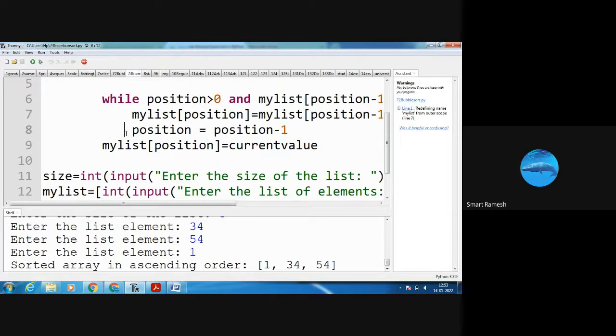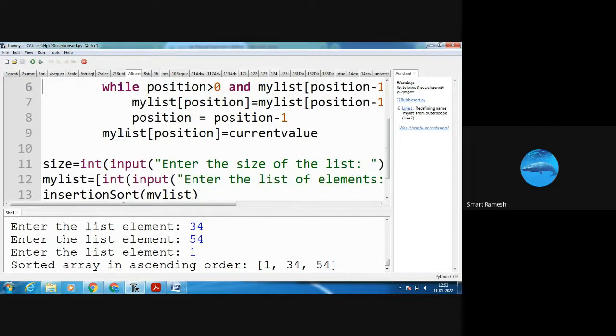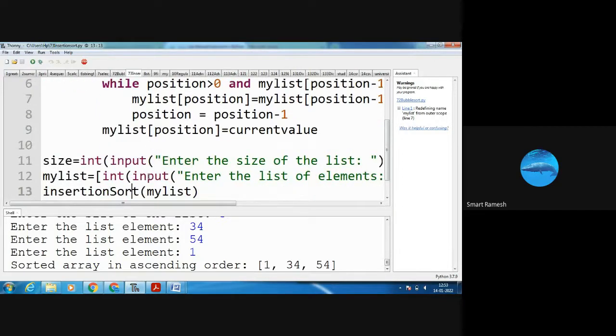Next, insertion sort. Here in insertion sort we need to place each element in the correct position. Okay, see here, enter the size of the elements. It is also the same. For insertion sort, I am calling the insertion sort function. Here I am using a for loop, and inside it a while loop also. Then we need to fix the position and save the current value into that position. That is called the insertion sort.